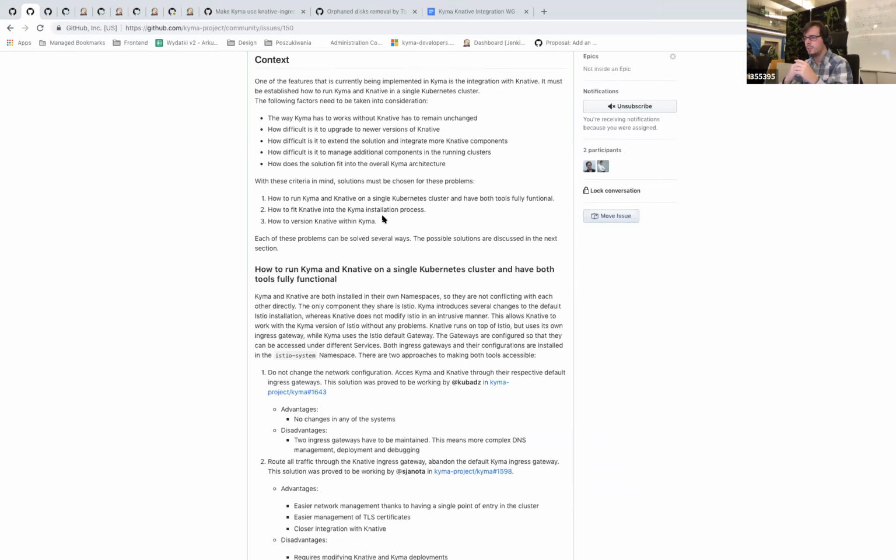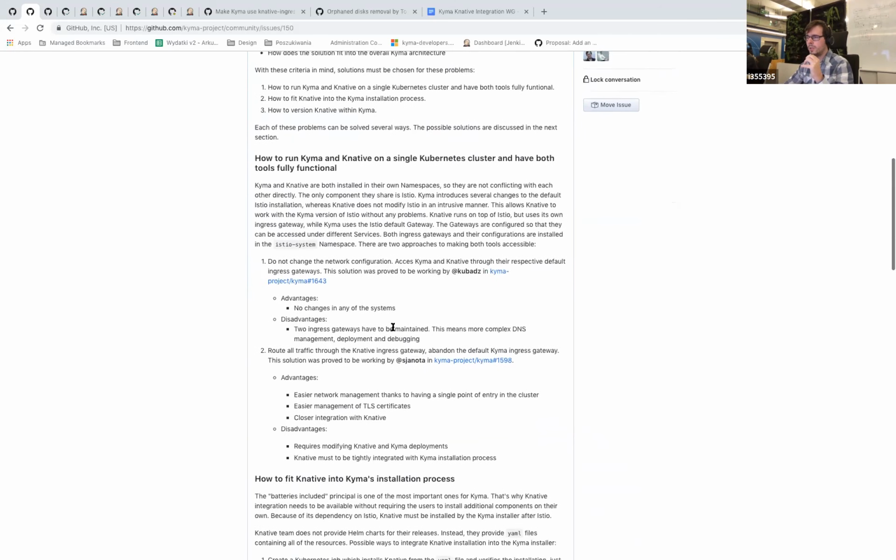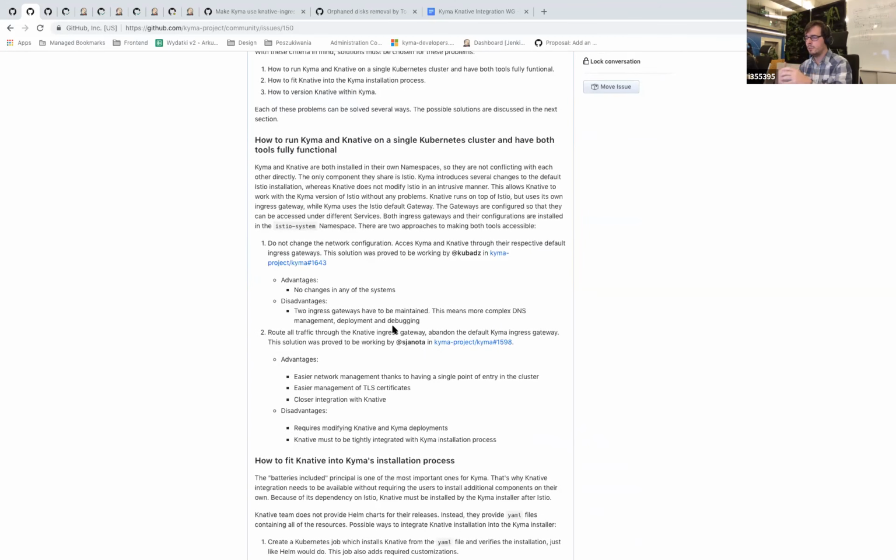So let me start with the first one. How do we want to run Kyma and Knative on the same Kubernetes cluster? As it appears, there wasn't much problem because they both run in separate namespaces. So they could run out of the box in the same Kubernetes cluster without conflicting with each other, because there